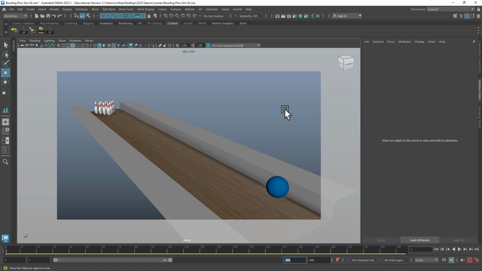Hi, do you like bowling? Well, me neither, but it's really fun to create the rigid body simulation of bowlings. So in this video, I'm going to show you how you can make a simulation of rigid body like this